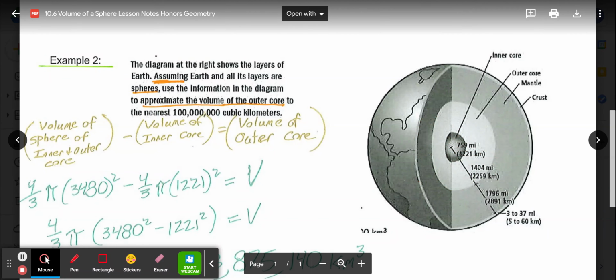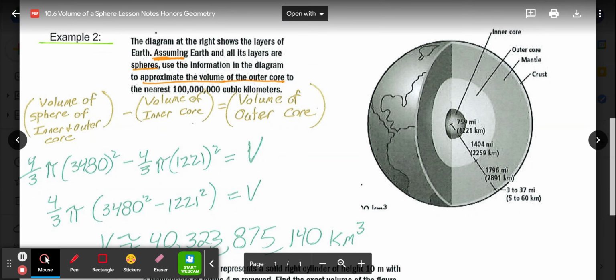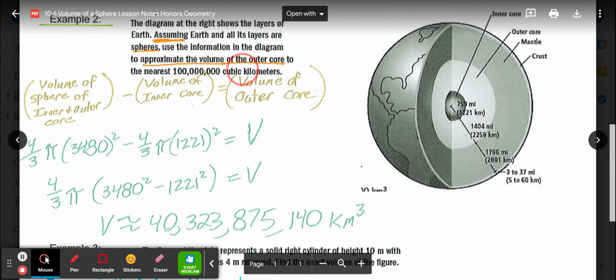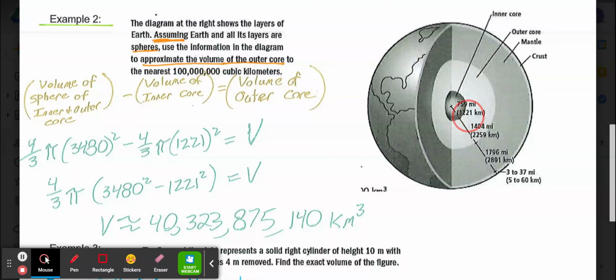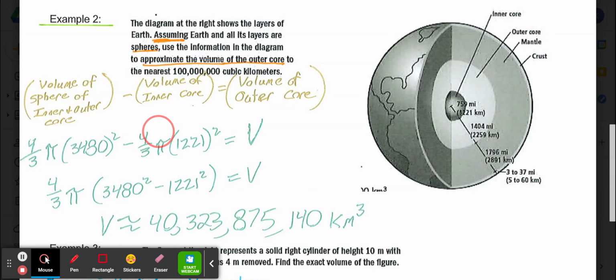So first, the volume of that sphere, the inner and outer core together. That has a radius of 3,480, in this case, kilometers, because they want us using cubic kilometers, so we'll ignore the miles, and we're using the kilometer measurements, so 1,221 plus 2,259, giving us the 3,480 for that radius. Then it would be minus the volume of the inner core, 4/3 pi